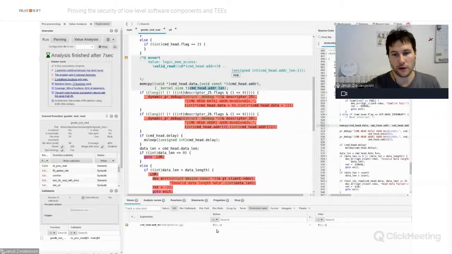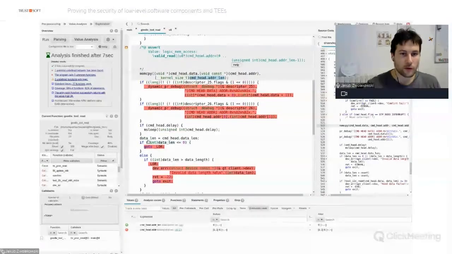If this value is 0 or 1, everything is going to be fine, because we are within the bounds of this array. Otherwise, we're going out of bounds. So this assertion, this problem signaled here, looks to be a real problem, which looks pretty dangerous.